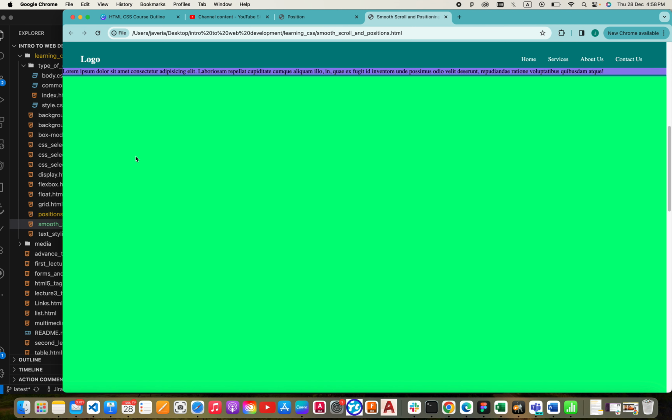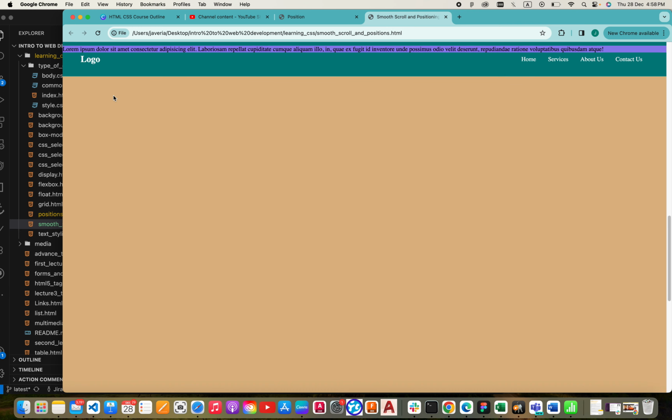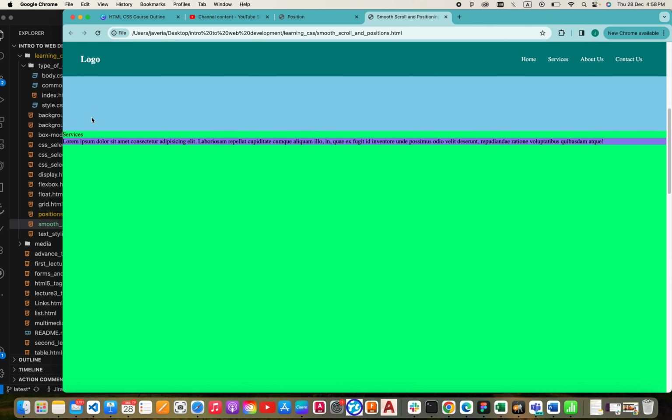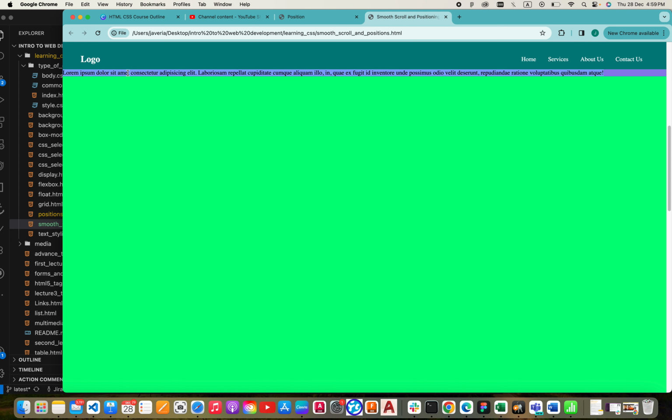I have just refreshed it. Now you can see this part is stuck on the top 40 distance until we get to about us. Once I am on about us, it's scrolling up. This is because I asked this text to be sticky until or inside the services box, so it's under the services box and it is sticky. To fix its behavior, such that the navigation should always be in front and this text does not show over